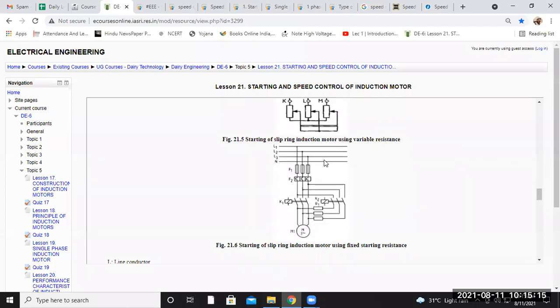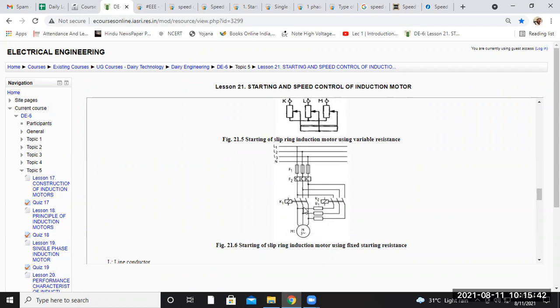So here you can say this is the line, this is the fuse, this is the thermal cutout switch, this is the output of the thermal cutout switch. This is the main cutout section or output terminal. And the output terminal of the induction machine is connected with the input of the line with this resistance, or you can say rheostat. By varying the value of resistance, we can vary the value of current that will flow in the induction machine.